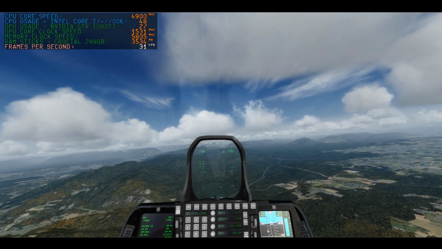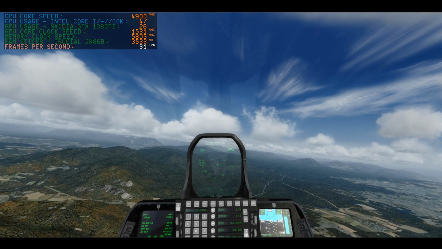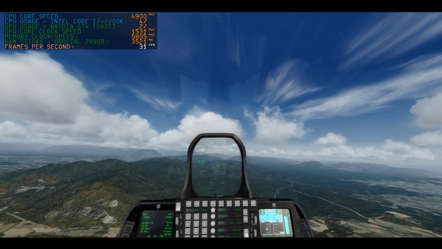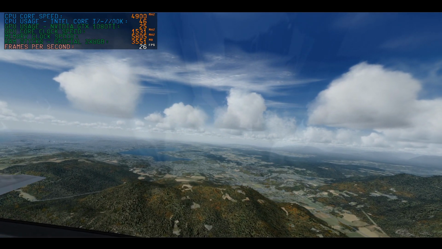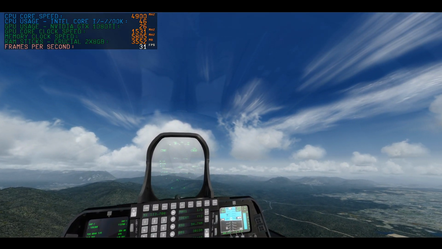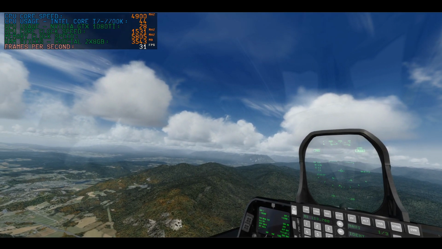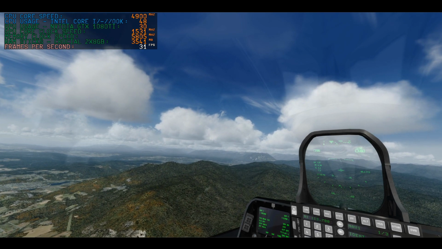So a lot of this greenery we see is actually Blue Earth, but most of it is just default. So as you can see, it's just like, yeah, it's okay. And the contouring of the hills, although it does look okay,